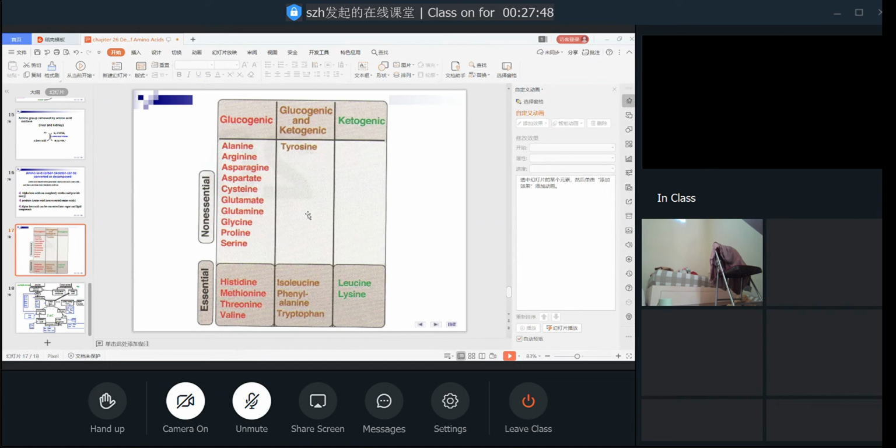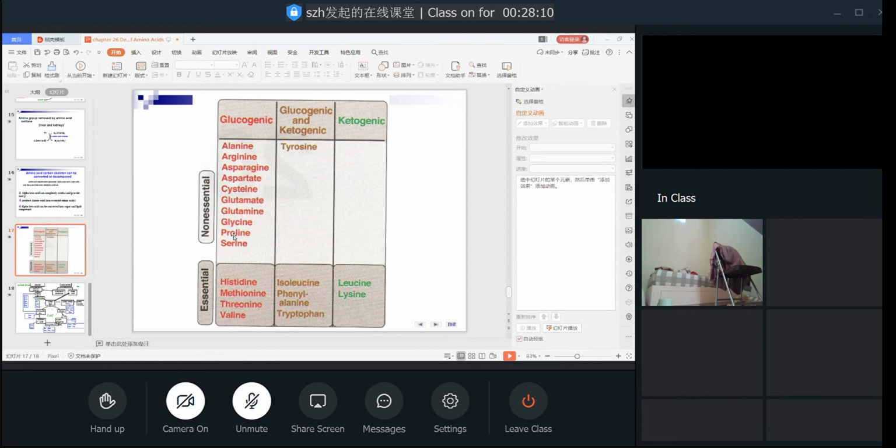Totally, another one you can see here listed in red color, all of the 14 kinds of amino acids can be synthesized into